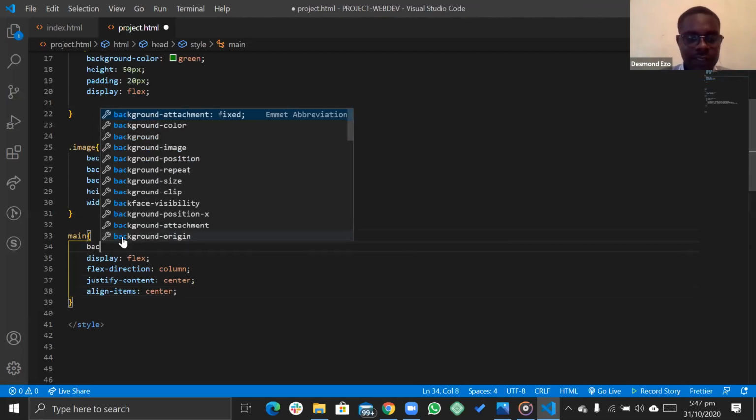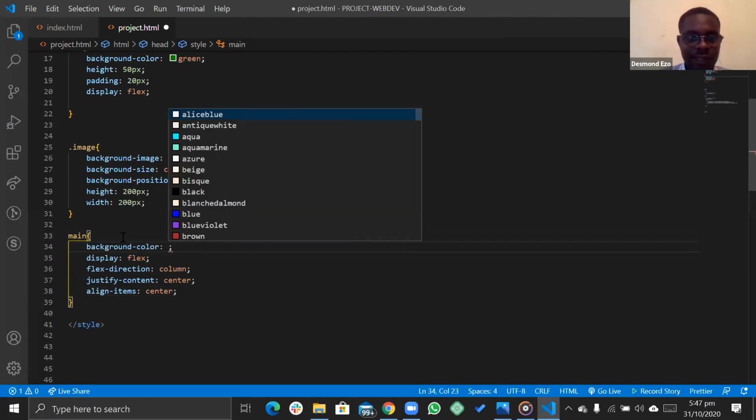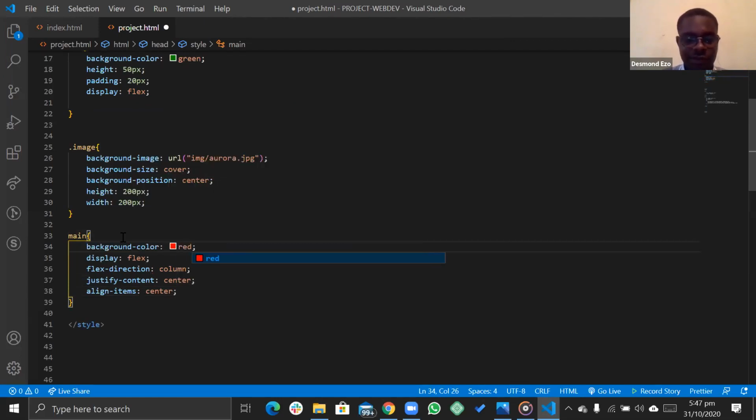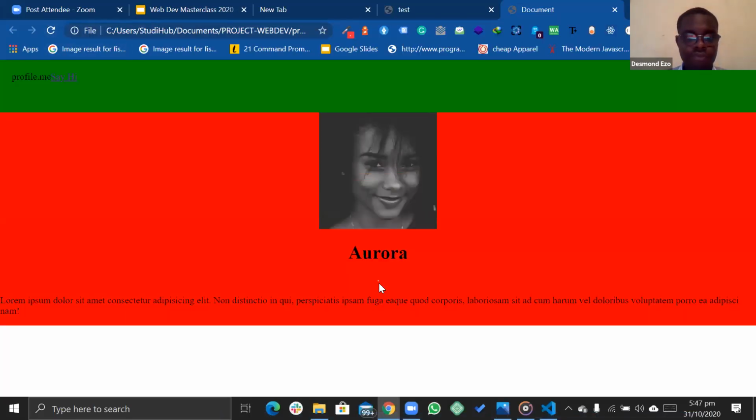So the next thing I would look at again will be, I need to change the background color for this main element so that you can see it. Let me put the background color as red first, because red is very obvious. So save it, come back here and I refresh. Oop, red is too bright. So this is the background color. It is red.